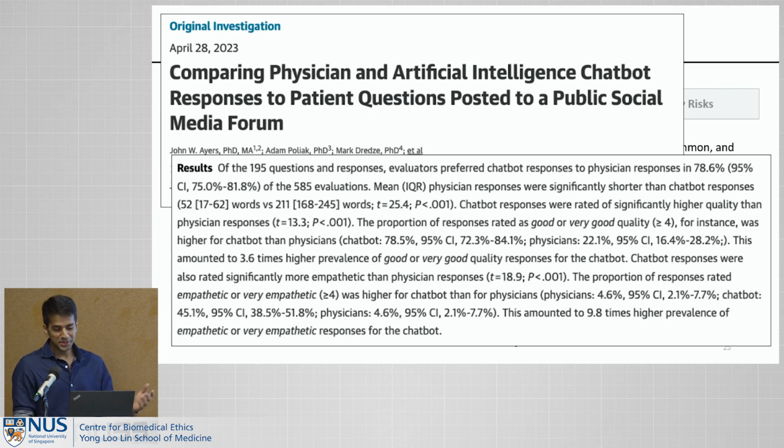There's some interesting work on this already, right? So there was a study comparing physician and artificial intelligence chatbot responses based on GPT, posted to a public social media forum. LLM-based chatbots were almost insultingly received as more empathetic than physician responses on these forums. Unfortunately, empathy is not the only underpinning value for shared decision-making. How well they represent the different risks, how well they represent reasonable risks, all of these are open questions and need to be studied.